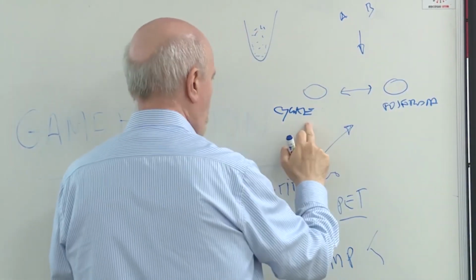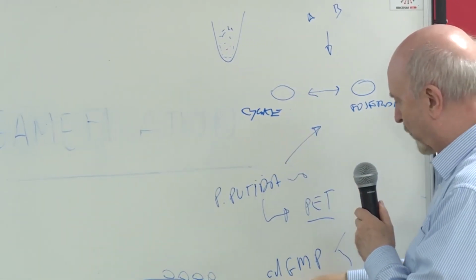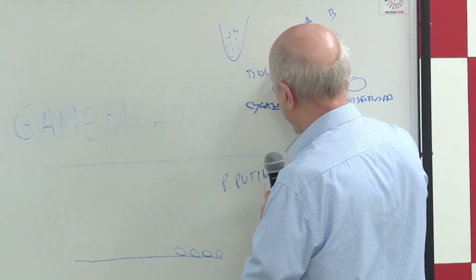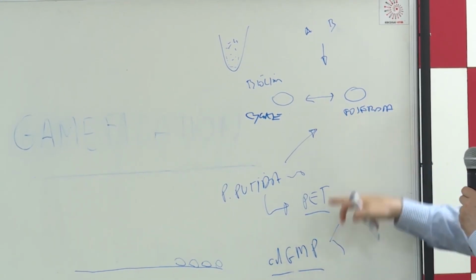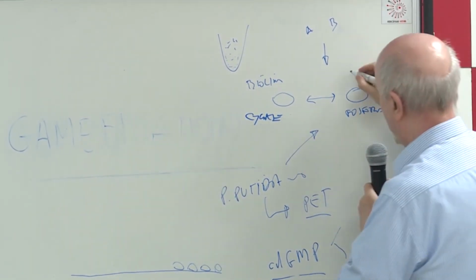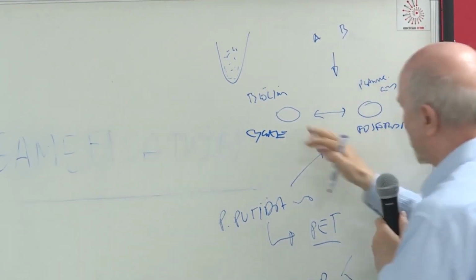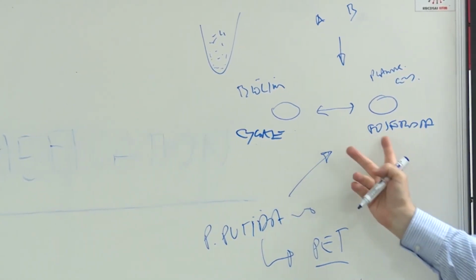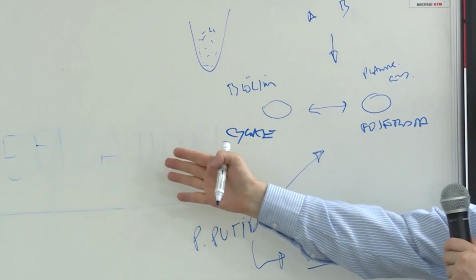Okay? When you have a lot of cyclase, then the cyclase will produce a lot of the cyclic GMP, and then you have biofilm. When you have a phosphodiesterase, the phosphodiesterase will cleave this compound, and we have a lot of planktonic cells. Well, I'm sorry, my letter is not very clear. But in any case, by having two genes, either all cells are in a fashion where you have